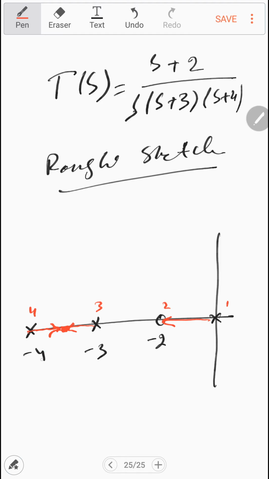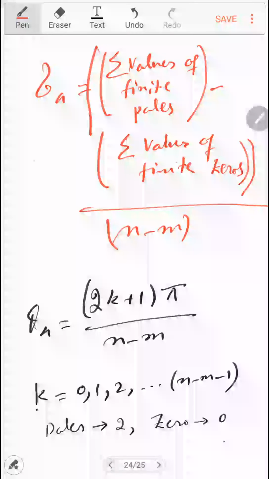So you see, this is the direction, this is the direction. And after this point, if you further increase the value of the gain k, this will move into the complex plane. But as I said earlier, this is only a rough sketch, so it will not give you the accurate direction of the root locus. Now the question is how to draw the accurate direction of the root locus. So let us now use the asymptotic information which is given by this one and this one.